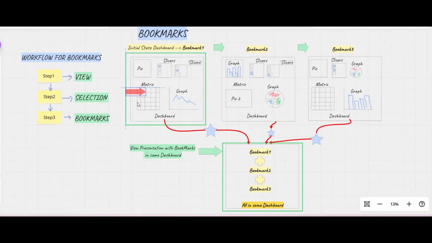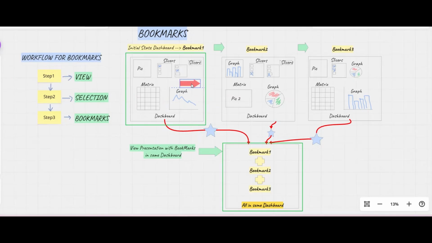I have in this picture the first, in fact, only one dashboard that we will use. And as you can see, we have few items like slicers, picture, matrix, graph. And once we do some changes, we select some checkbox in our slicers, we can save it as a bookmark. We can also add different graphs or pictures behind these items. We can hide them. And then once we show them up, we can save them as a bookmark.